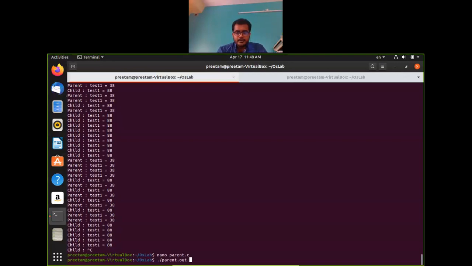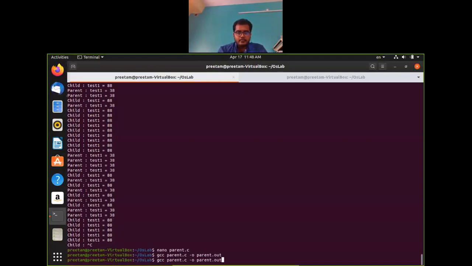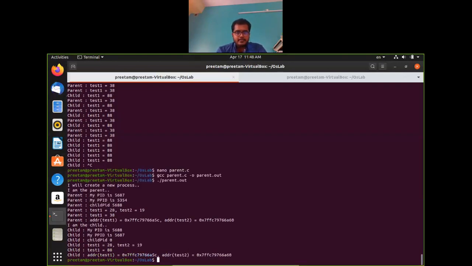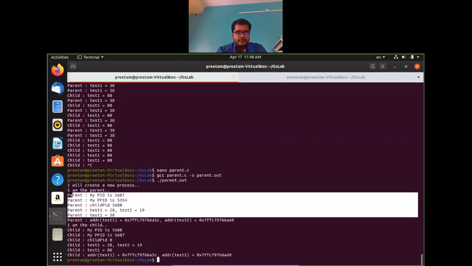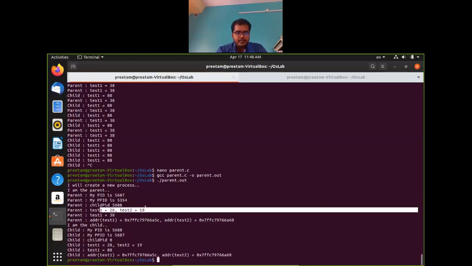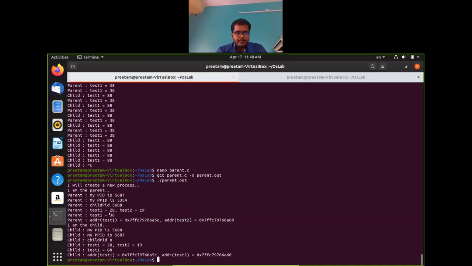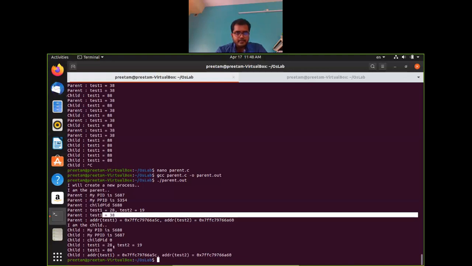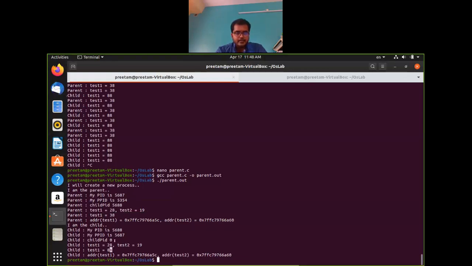So this will strengthen our proof that these two actually comes from different memory location, right? So now what we'll do, we'll compile this file and we'll now run again, and let us check what is happening. So as we have done, so till this we have done, right? We have all these PPTs, and test1 value is initially 28 and 19, and in parent we have assigned 38, right? In the children we have assigned 88, so those values are maintained.